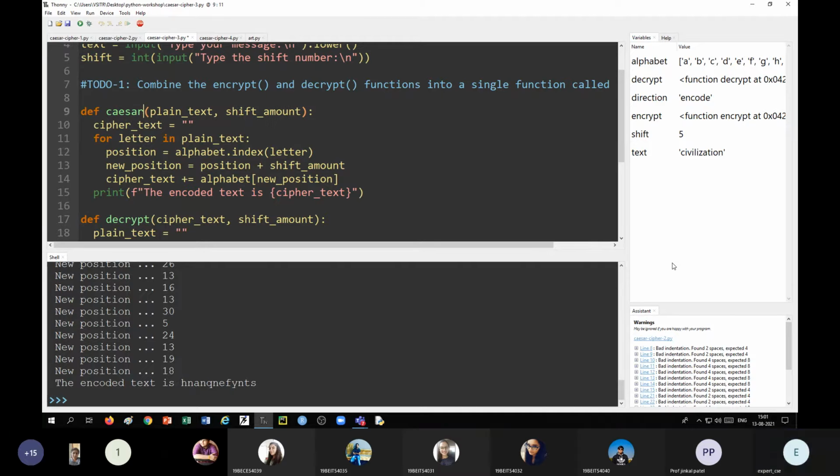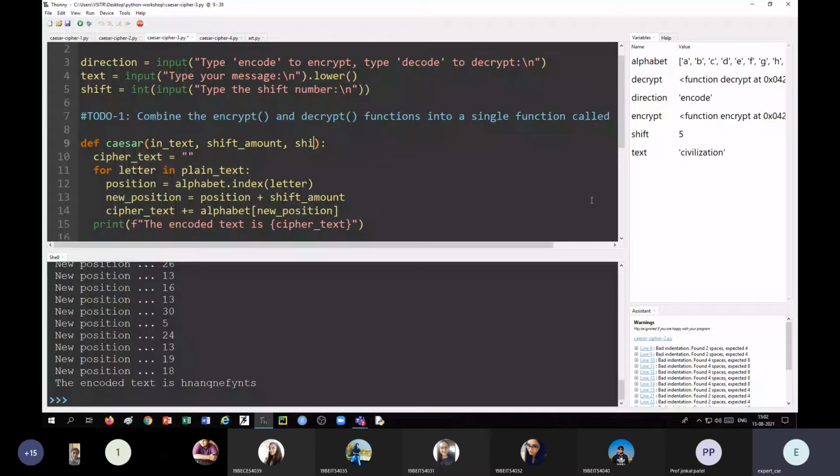Instead of plain text, let me take in text. Whatever you input, that is in text. Then shift amount, and we now need direction. Let me take shift direction. These 3 different variables I have taken.